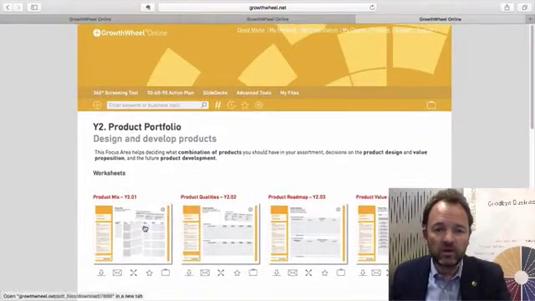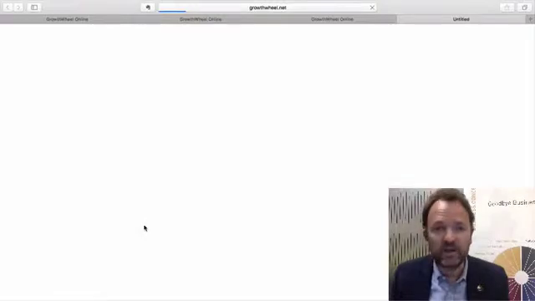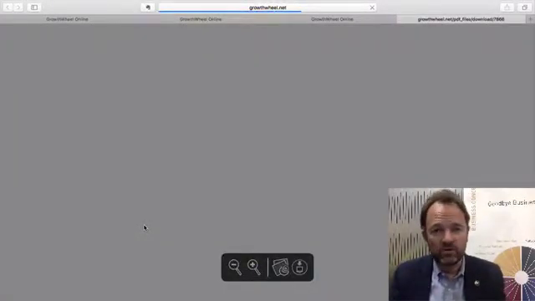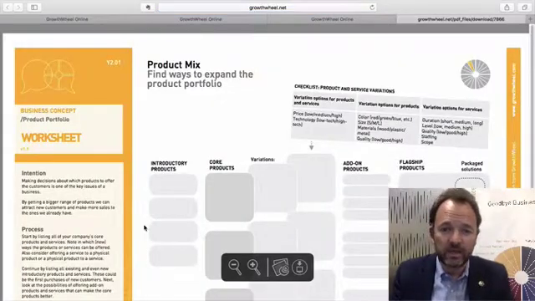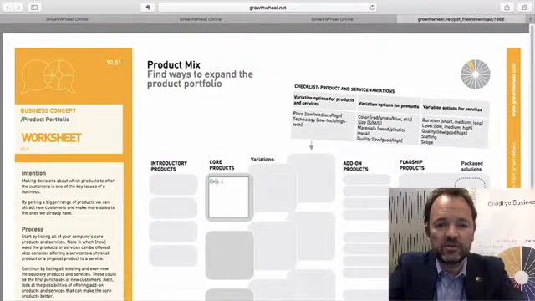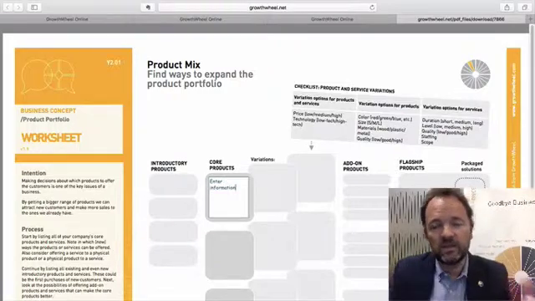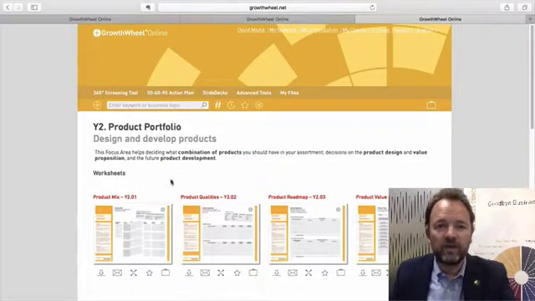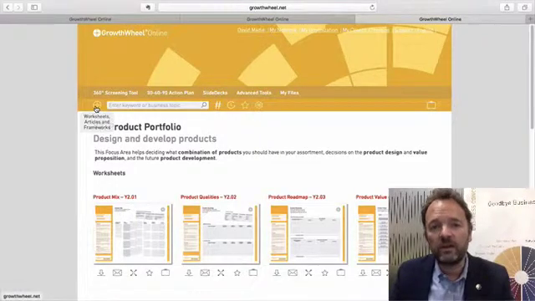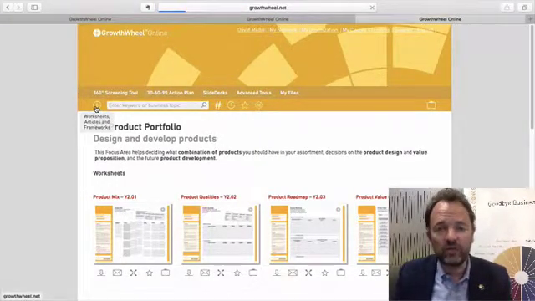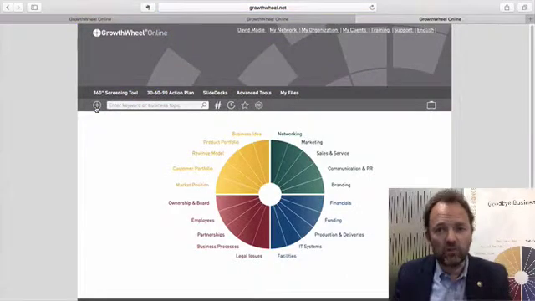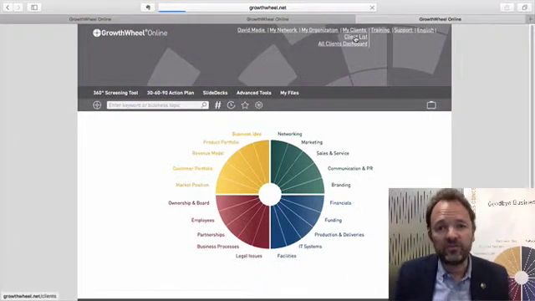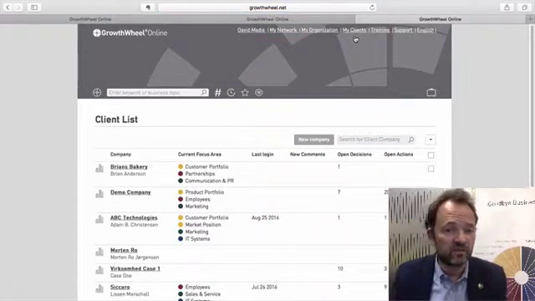They can go in, download the tools as PDF files that they can either work with online or they can share them with clients on paper, which many of them will like. It's possible to enter information right there in the sheet, save it, and work with it that way. But advisors can also go in and invite clients to GrowthWheel Online, or they can manage a group of clients in the platform. So when they go to the client list, they are able to see a list of clients,